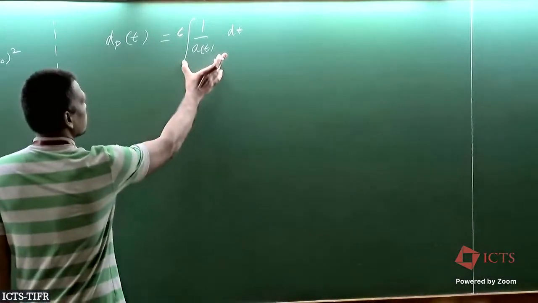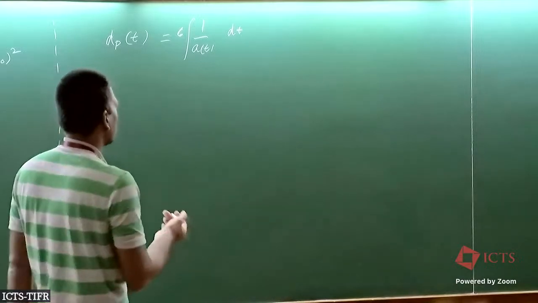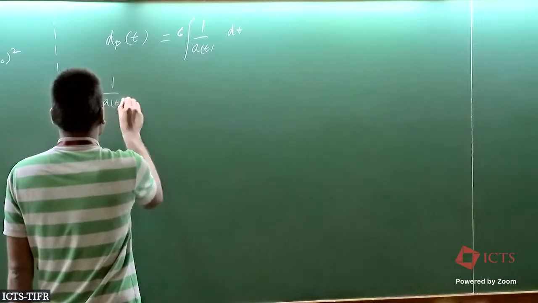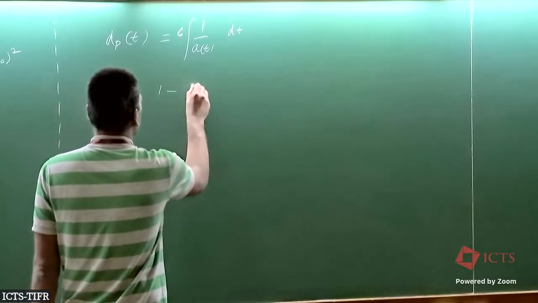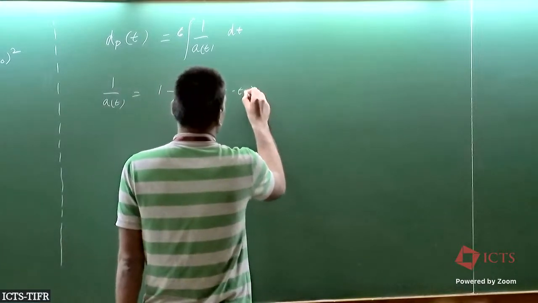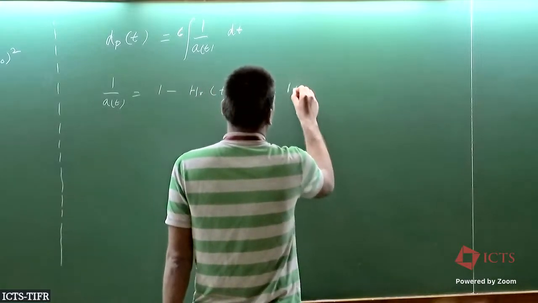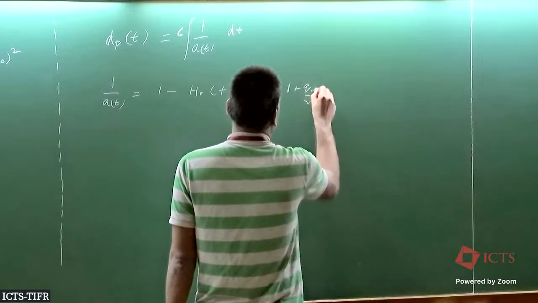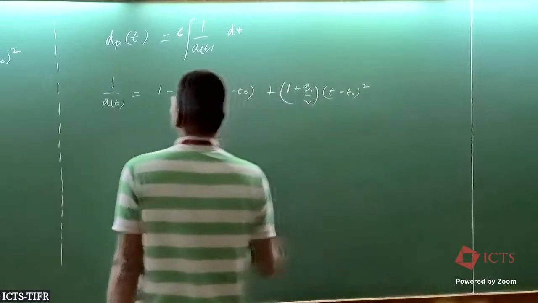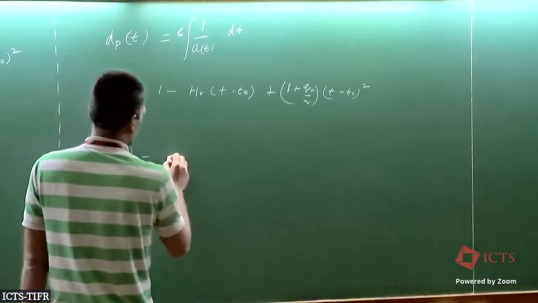In a universe where a(t) is just 1 everywhere, it's basically c dt, so just the speed of light times time. So I want to write 1 over a(t), and based on that, I can do a small value approximation, and I'll get something like this. If you plug this in, d_p(t) you're going to get